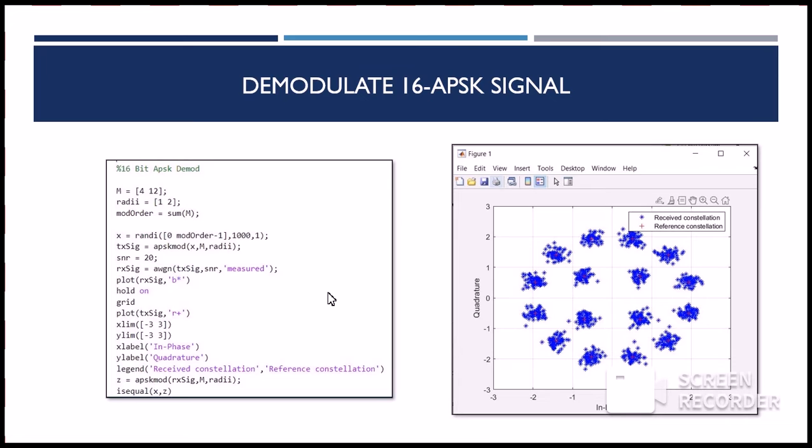Define vector for modulation order and PSK ring radii. Generate random 16 array data symbols. In the code, M equals [4 12]. The radii equals [1 2]. The modulation order is the sum of M, which is 4 plus 12. X is equal to randi([0 ModOrder-1],